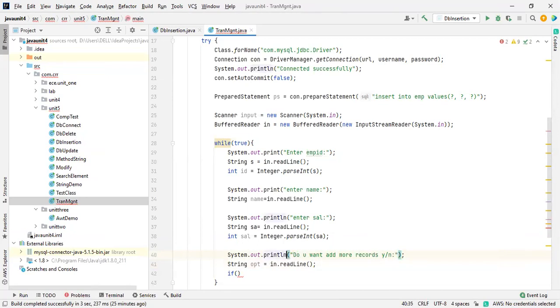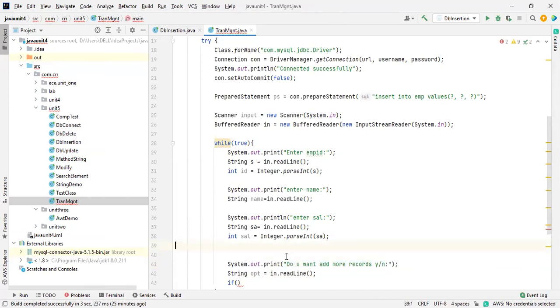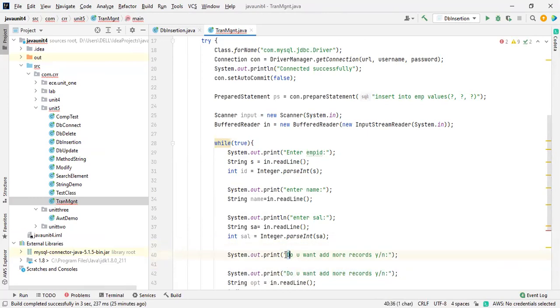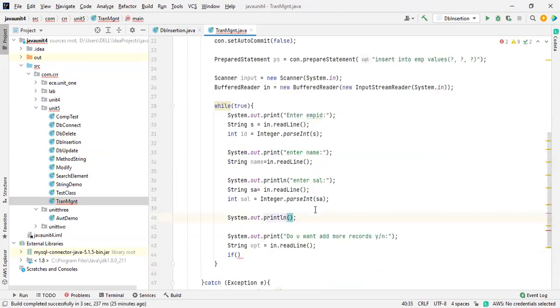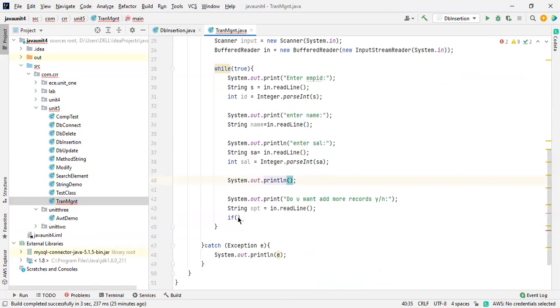It should be in a good manner. Okay. Copy this. Paste it over here. I just want to make a gap between the statements. That's it. Here I want to make a gap after entering the data. Okay, this is good.